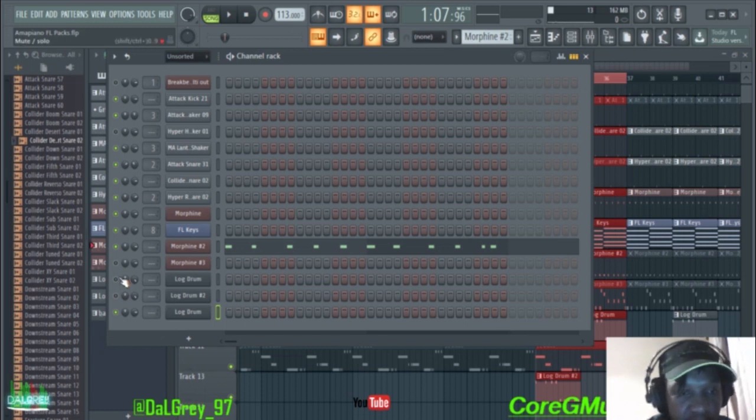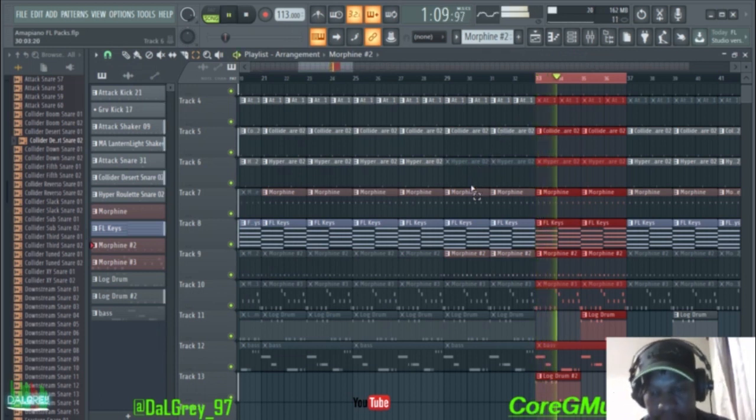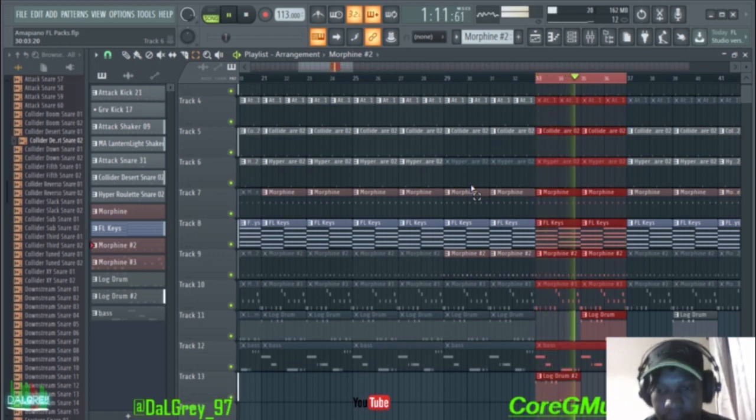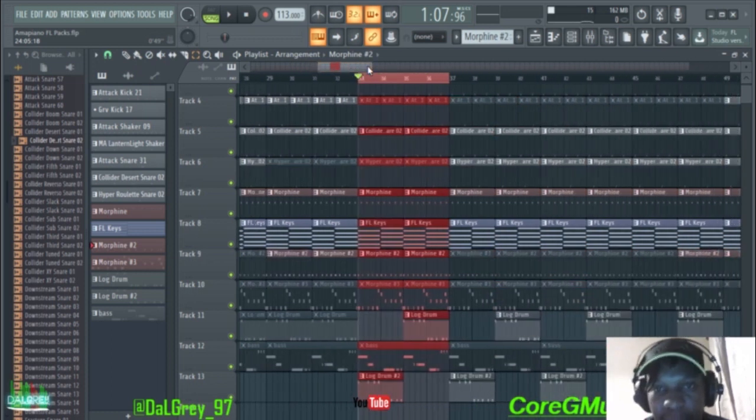I'll show you. So yeah, this is the log drum that I have. That's what I have. Very simple log drum. It's just a four bar pattern. So what I did is that